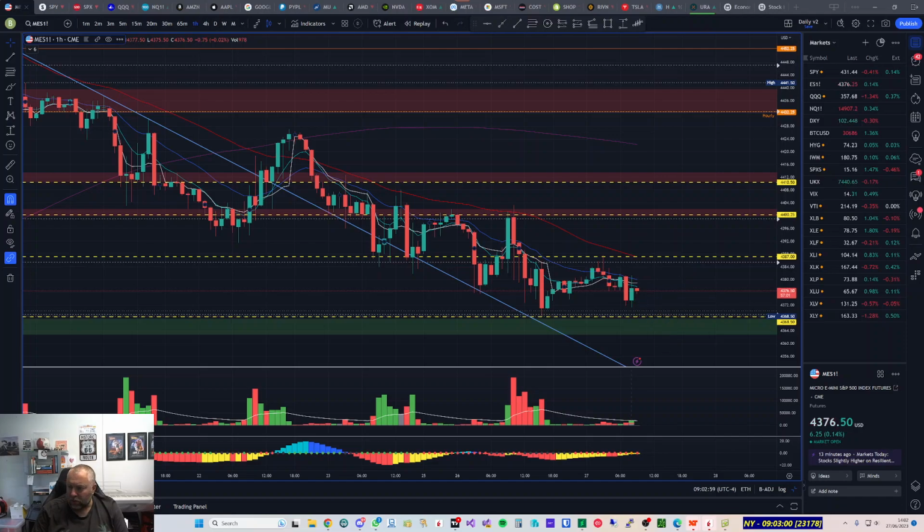So for example, if it does this, we break down, break down, break down, and then we start pulling back a bit up to this area, and then for the move back down again. That's what I'm looking for, something like that. And when I say daylight, what I'm looking for is a good bit of daylight here,